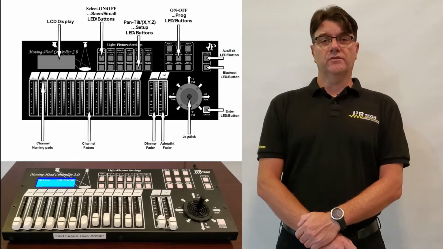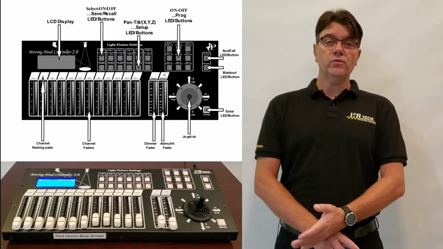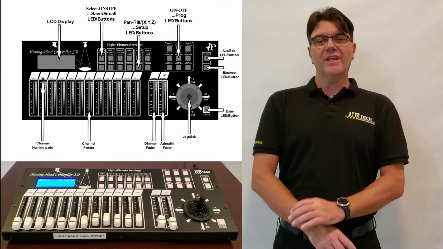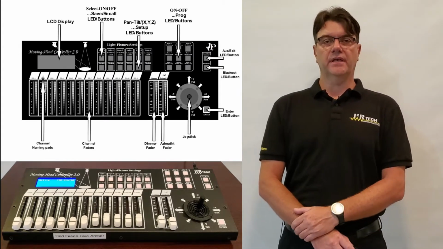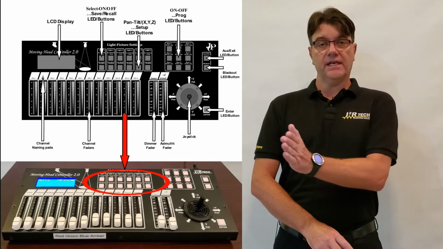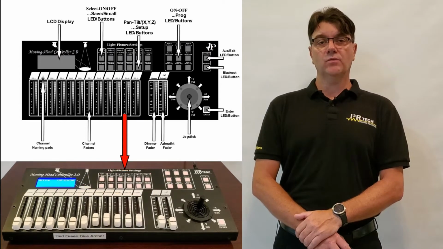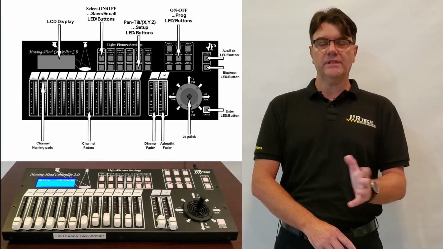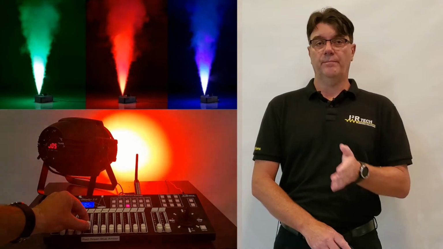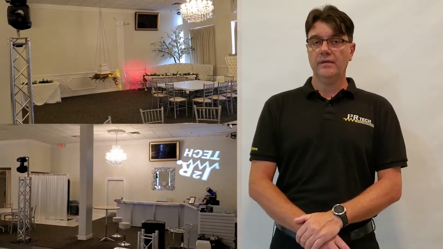The Moving Head Controller 2.0 can be set up under a few different modalities. Modalities are like functional behaviors, and each one of the 6 available light groups can be set up as one of these modalities in a mixed configuration fashion. The 3 modalities we speak of are sliders mode, pan and tilt mode, and follow spot mode. They were already introduced and described in the sliders mode tutorial video, so make sure to watch that one before